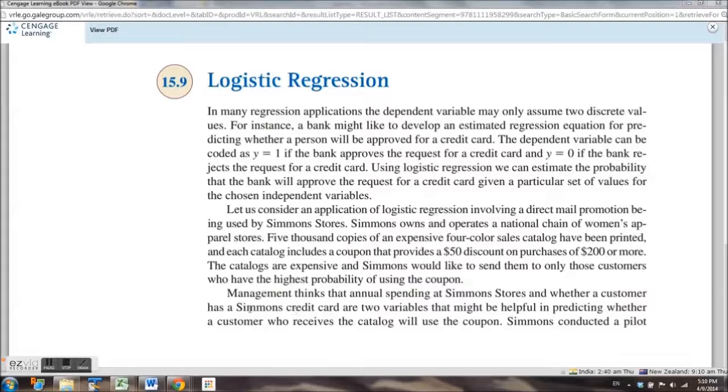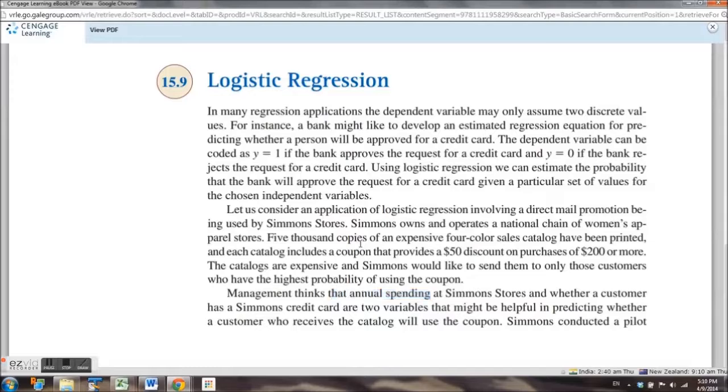One is whether the customer holds the store credit card, the Siemens credit card. The second variable is the annual spending by the customers at Siemens stores. These are the two variables they want to consider in the analysis to determine whether the customer is a good